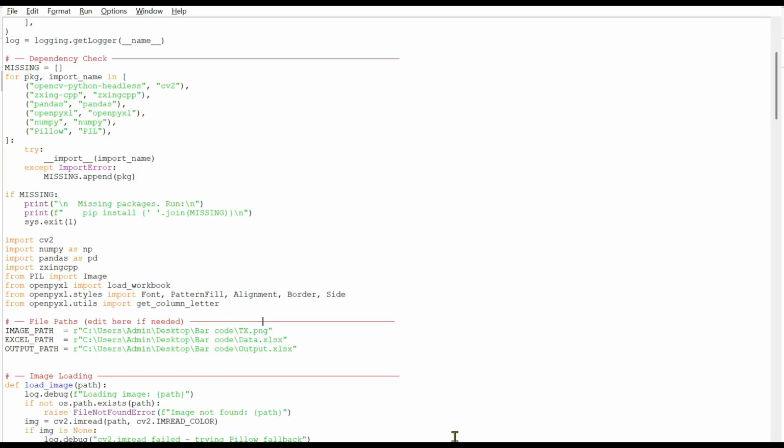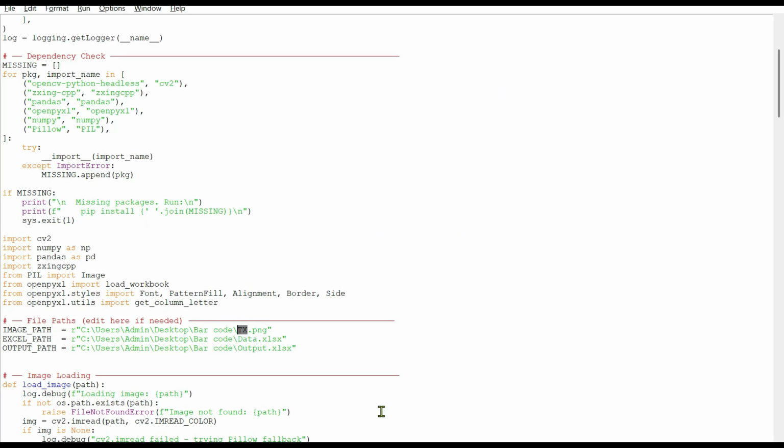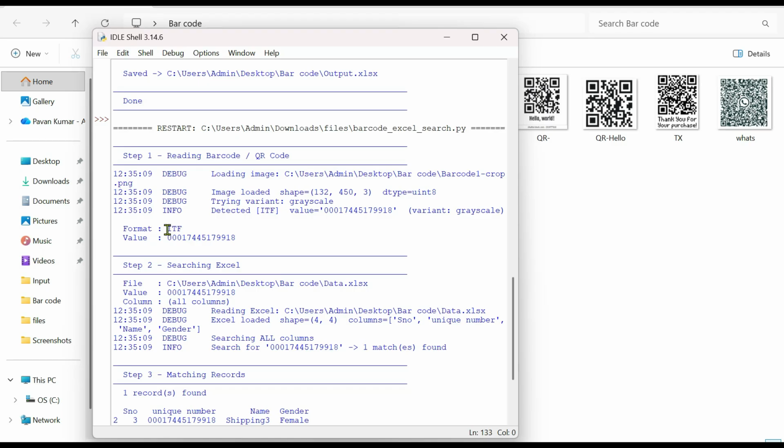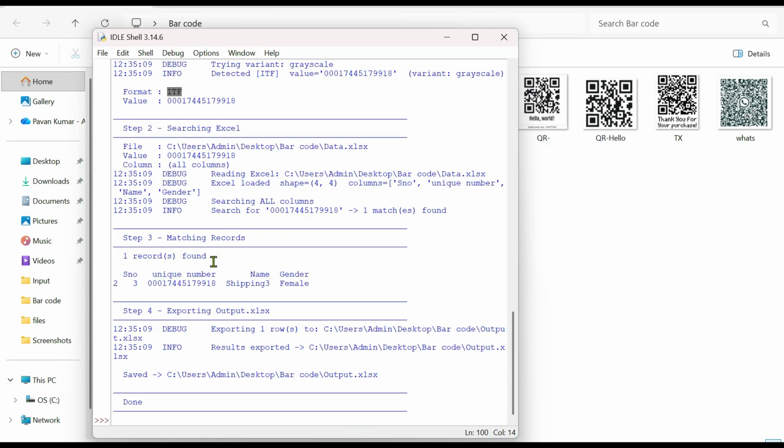So let's go back to here and change this to the barcode one. Now you can see the format of ITF. When you see this format of ITF, there are multiple formats which you need to identify. As of now, I found these many formats. I will show that in the code as well. And now the matching number is